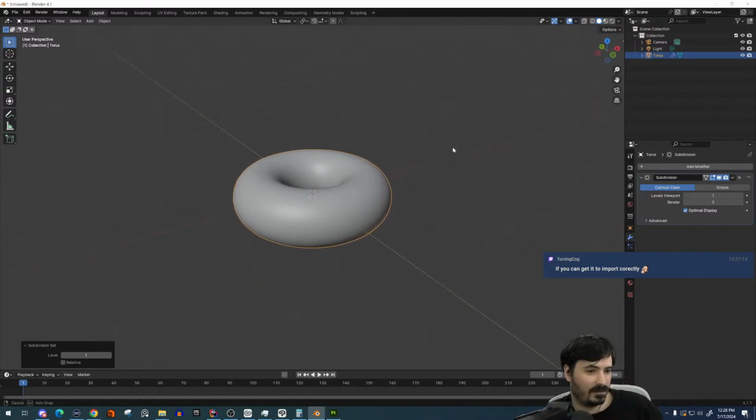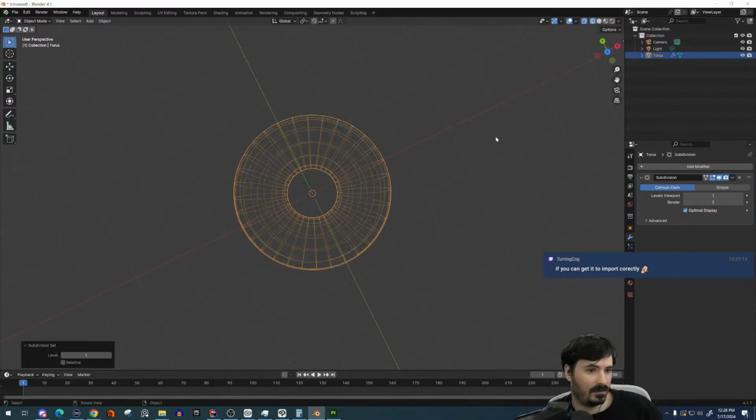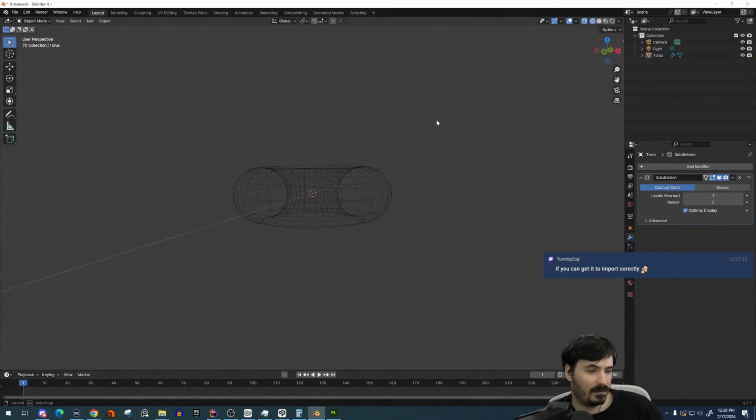So what exactly is this doing? Well, it's a lot easier to explain if we look at the shade flat mode because we're not being tricked by the smooth shading there. If I set this levels viewport to 0, this is our